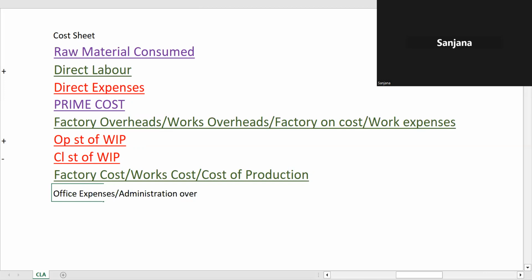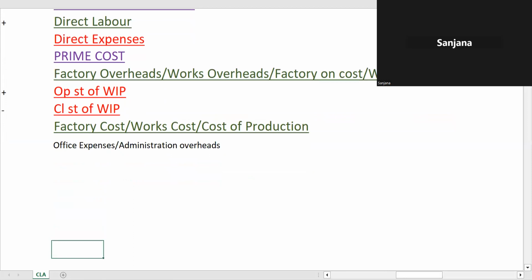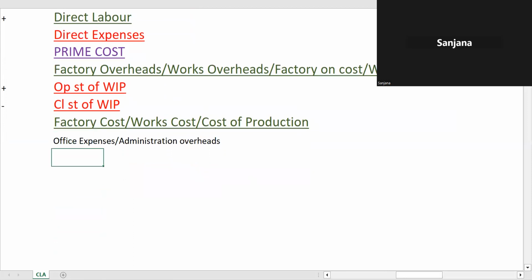You can use all these names. All these things are used, okay? So we do all this, and then you add plus office expenses,